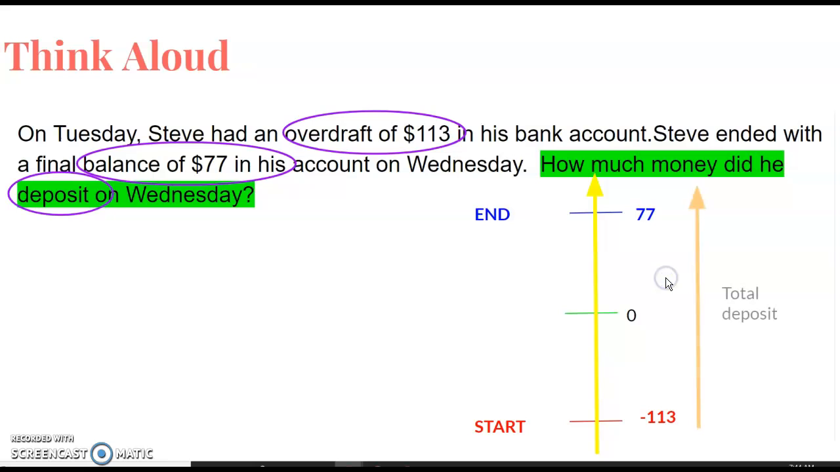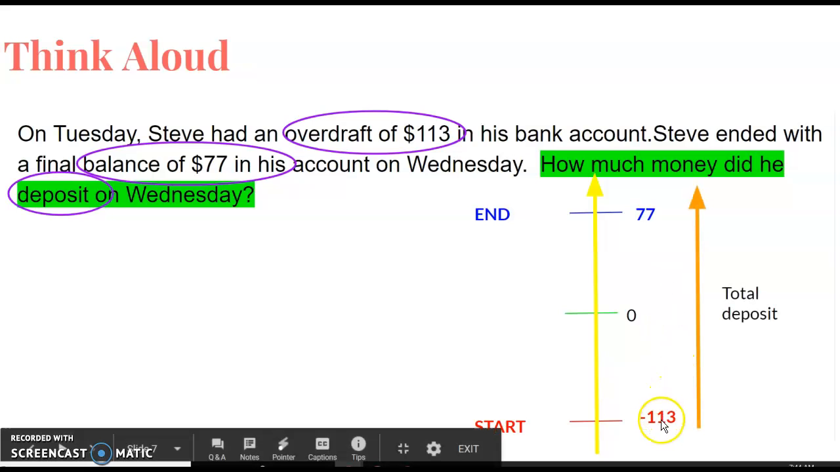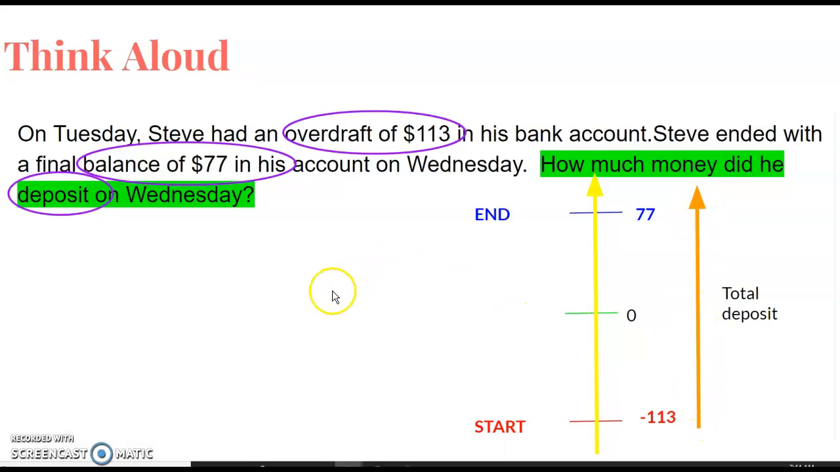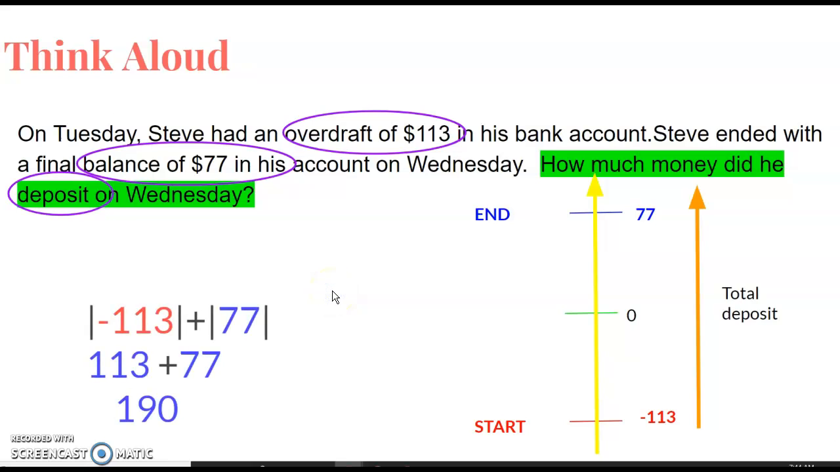So really what I want to understand is the total deposit, okay? Because I came from negative $113 and ended on positive $77. It looks like the total deposit would actually be the distance. And so when thinking about distance, it's probably best to use absolute value. So in order to solve this, I will find the absolute value of negative $113 and the absolute value of